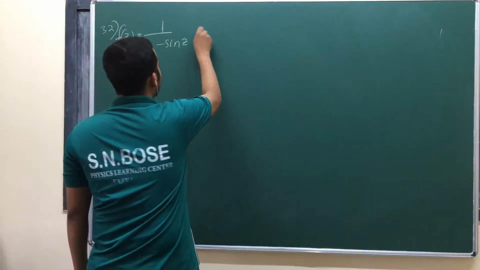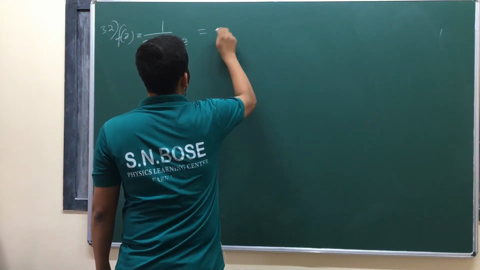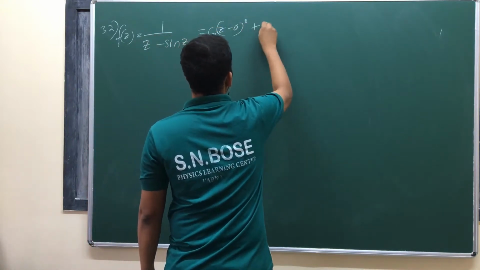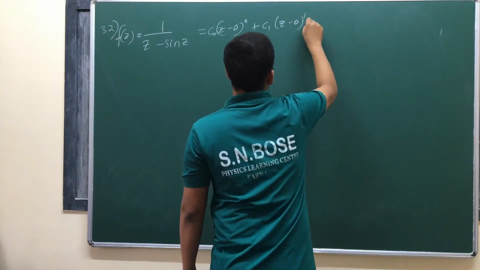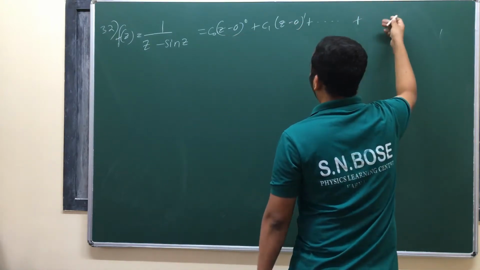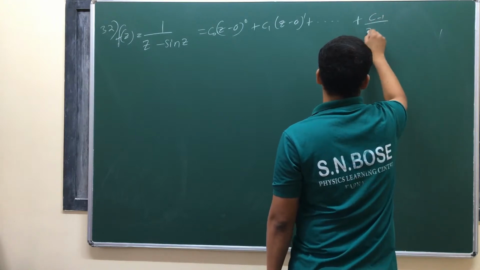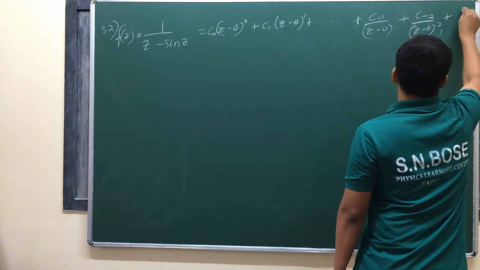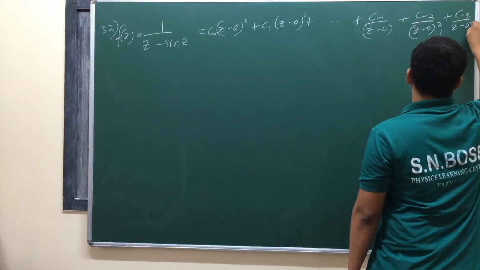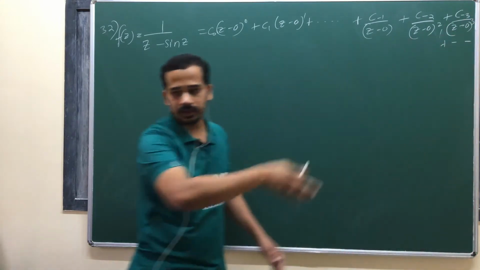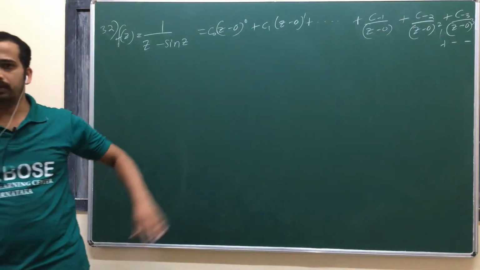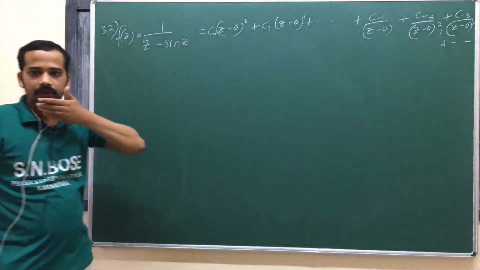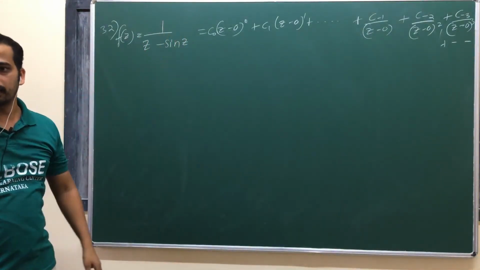Okay, let me show this one. Now look at here. So suppose 1 or z minus 0 whole power. C0 times z minus 0 whole power 0, C1 times z minus 0 whole power 1, plus and so on. Okay, all positive powers, and the negative powers come: C minus 1 divided by z minus 0, plus C minus 2 divided by z minus 0 square, plus C minus 3 divided by z minus 0 cube, and so on. Am I right? Any function that can be expanded as a Laurent series will look like this. It will have some positive powers, it will have some negative powers, depending on the function. We don't know.